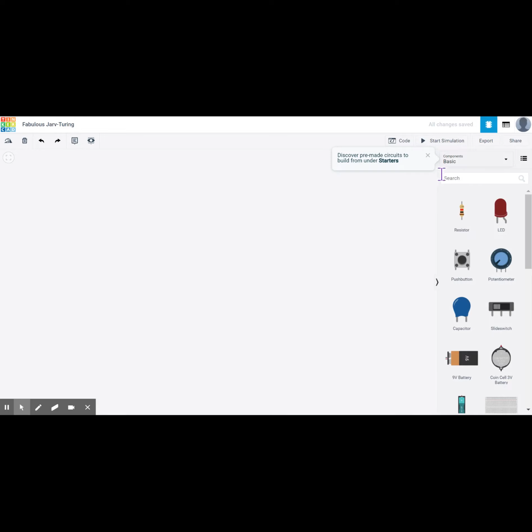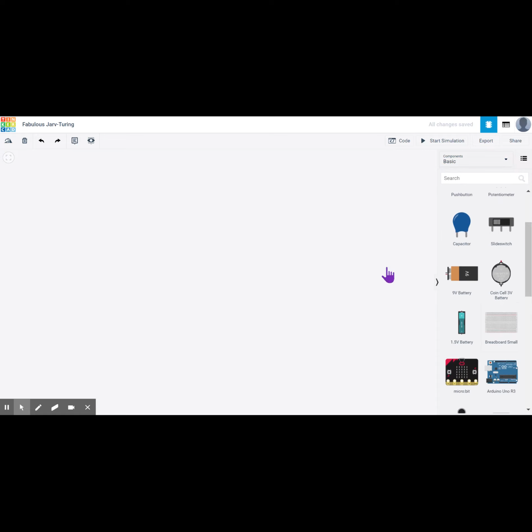It starts us off with nothing in our work pane. Almost everything we need will be here in the basic components. If it's not there, click on this menu bar and click on all, and everything will be available and you can find it. We're going to start by adding a small breadboard,